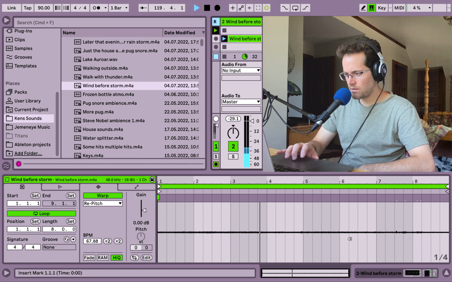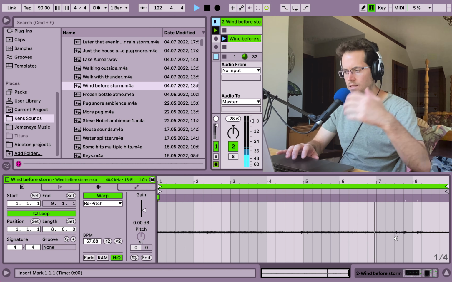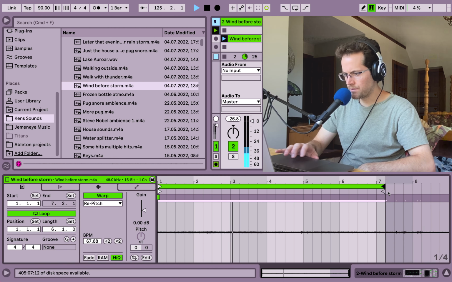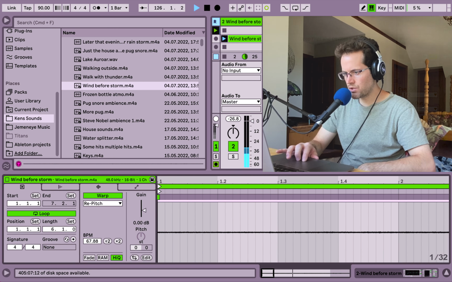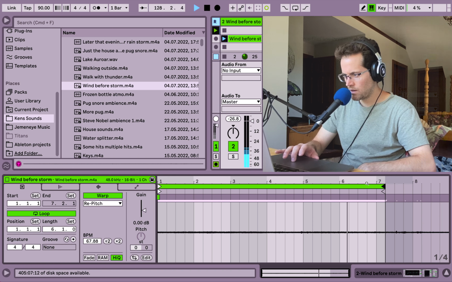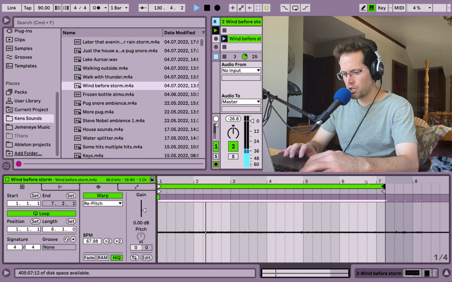I want to see if I want to use this, and if there's any annoying parts. Like, look at these over here, because I want it to be consistent. I don't want too much. Yeah. So I'm going to bring this in. I'm also going to zoom in here, see where we start, if it starts kind of at a zero crossing. Let's see how this loops over. Yeah, not bad. So I'm going to push Shift Tab